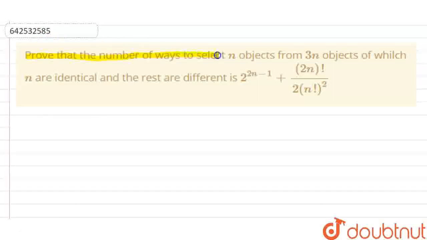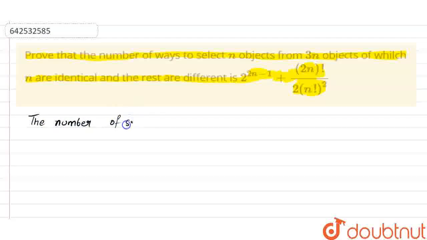Prove that the number of ways to select n objects from 3n objects, of which n are identical and the rest are different, is 2 raised to power 2n minus 1 plus (2n factorial divided by 2 into (n factorial) whole square). So let's start. So first of all we can write the number